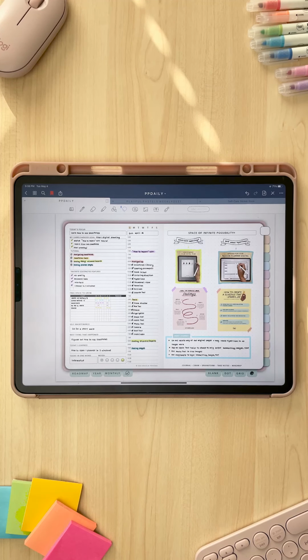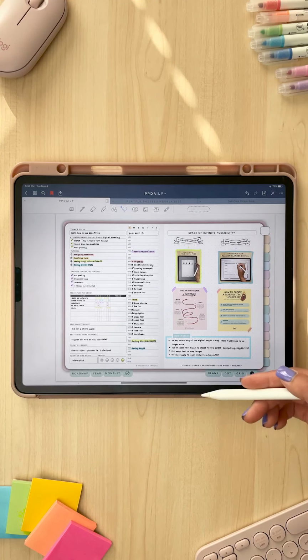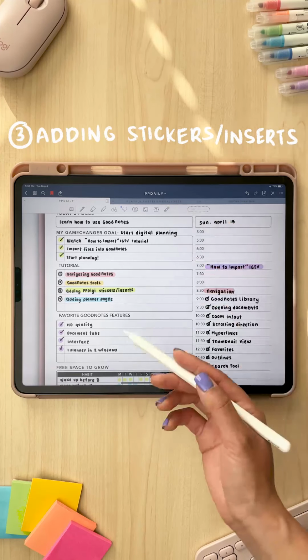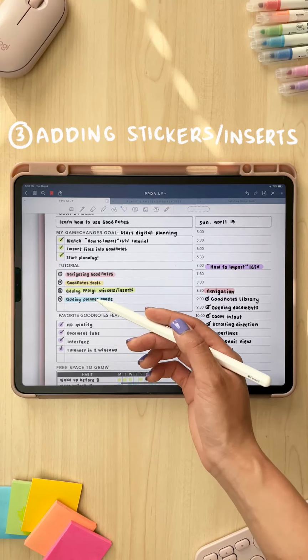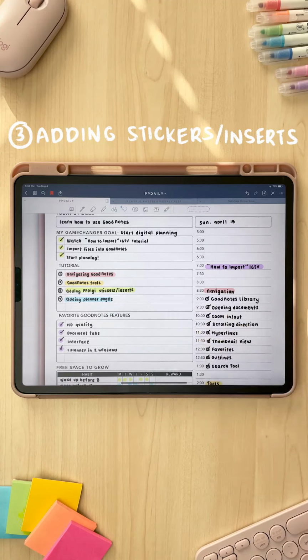app GoodNotes. Now we do have a similar tutorial to this, but that only covered how to use the GoodNotes toolbar, and this tutorial will be a little bit more comprehensive. We'll be covering how to navigate GoodNotes, how to use the tools within GoodNotes. We'll talk about adding our Passion Planner digital stickers and inserts into GoodNotes, and lastly, we'll talk about adding planner